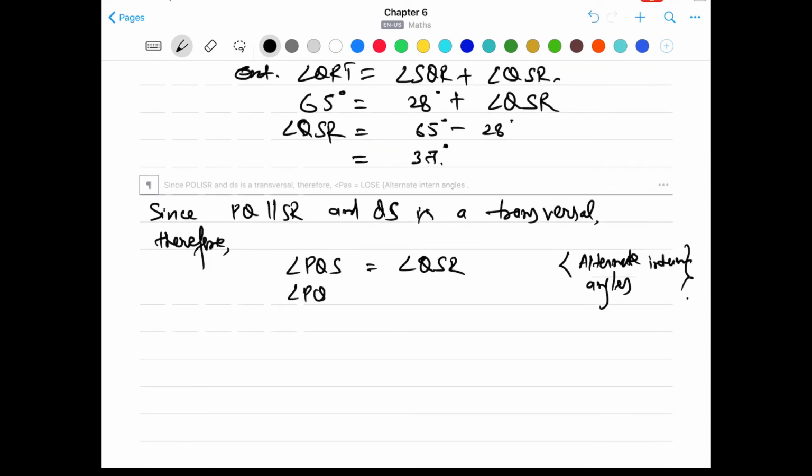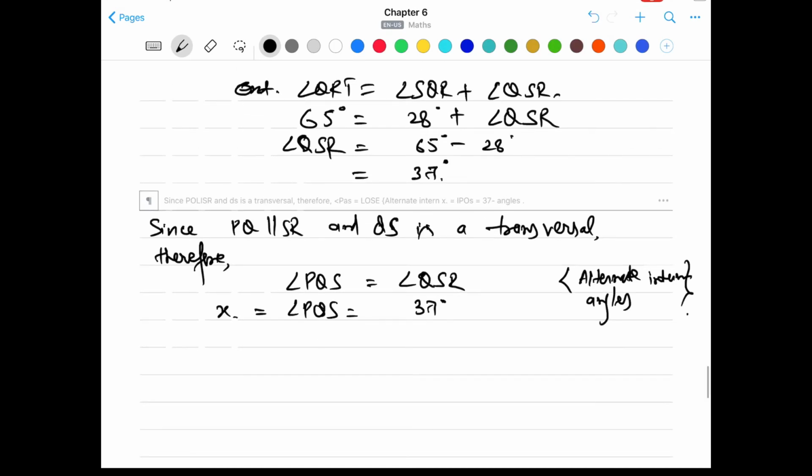So angle PQS will be equal to 37 degrees, and PQS is given in the question as X. So we got the value of X, which is equal to